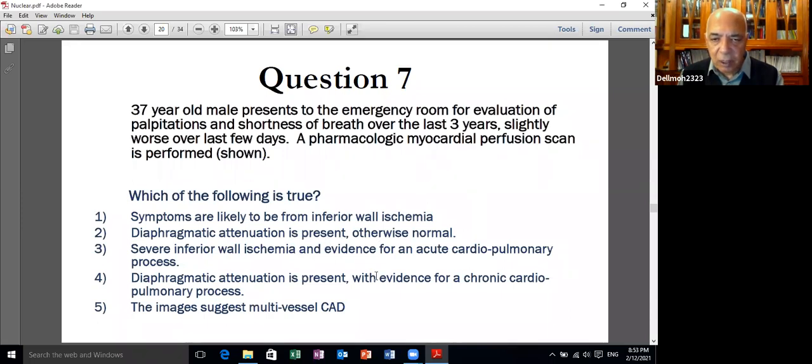Evidence of acute cardiopulmonary process cannot be acute because right ventricular hypertrophy cannot occur overnight. Diaphragmatic attenuation is present with evidence of chronic cardiopulmonary process. This is the correct answer. The image suggests multivessel coronary artery disease. That's the inappropriate answer. So if you revise these 12 cases, I think this covers over 99% of conditions that